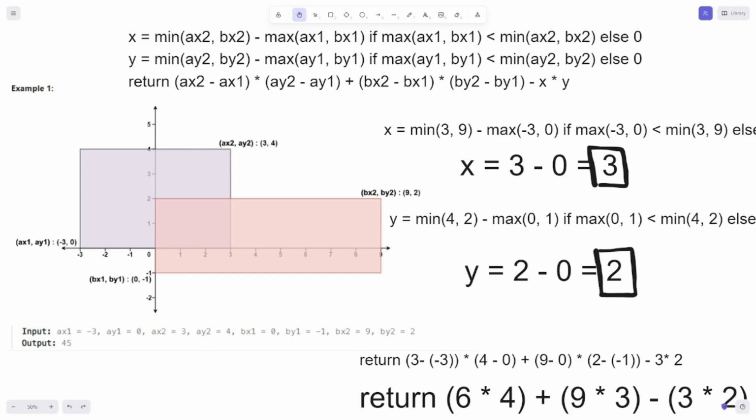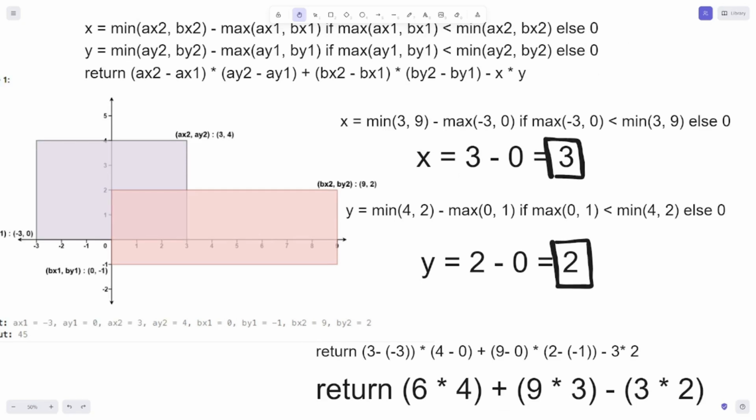Now let's look at the y-axis. The same thing applies: we want the minimum between the topmost values in the y-axis and the maximum between the bottommost values of the y-axis of both rectangles. In this case, ay2 equals 4 and by2 equals 2. The minimum is 2 here. ay1 is 0 and by1 is negative 1. The maximum is 0. Subtract that from 2 to find the difference in the y-axis. We're left with 2. So now we have the area of the overlapping rectangle, which is 3 times 2